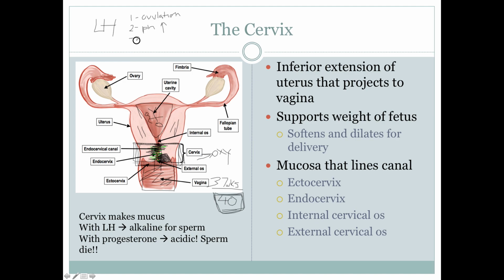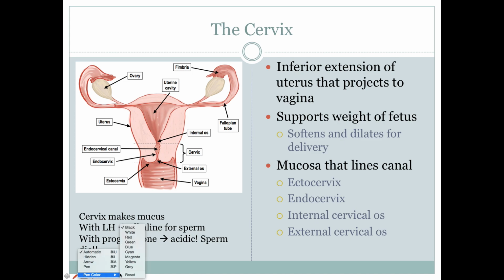The third thing that it does is thin the cervical mucus. You saw that in the video. Usually throughout the menstrual cycle, before ovulation, the cervix is making a really, really thick mucus. That is important. All right, I'm going to delete what I just drew because there's too much stuff on there. All right, that is important because that layer of mucus, this barrier, is so thick that sperm can't make it